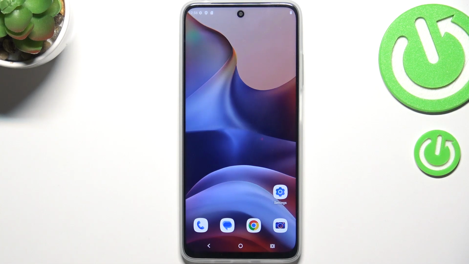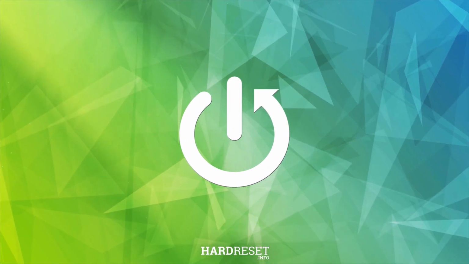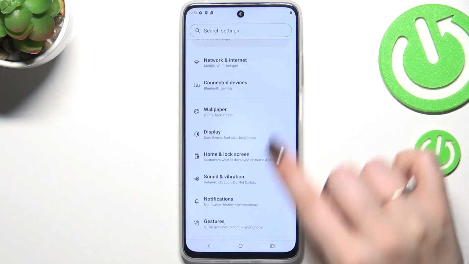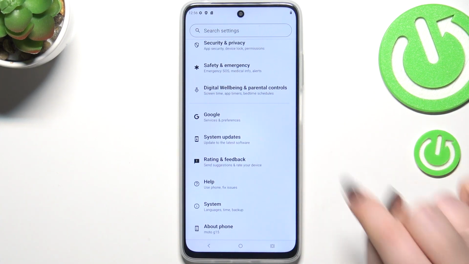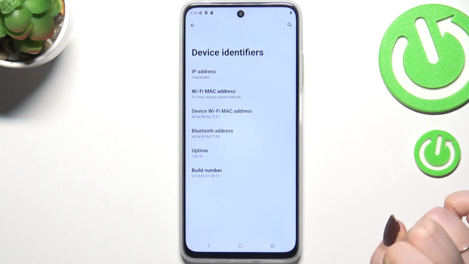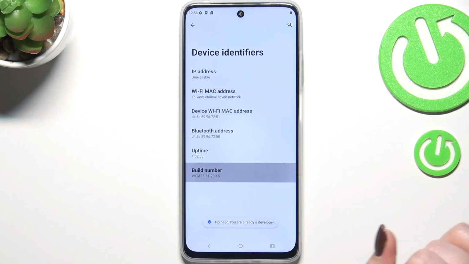Hi everyone, in front of me I've got Motorola Moto G15 and let me share with you how to activate automatic system updates on this device. So let's start with opening the settings, and here we have to scroll down to the very bottom to find About Phone. Now let's find device identifiers and keep tapping on the build number until you'll see that you're in